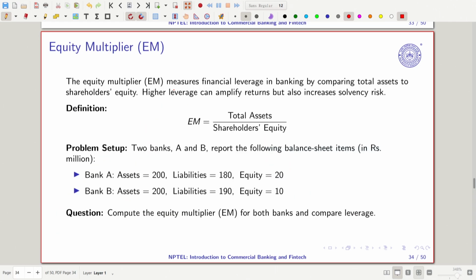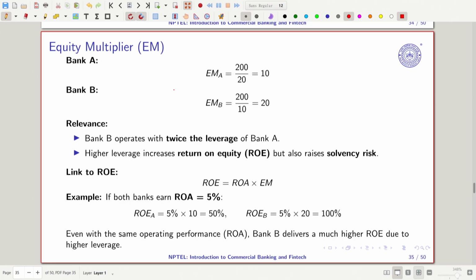So the equity multiplier measures the financial leverage in the bank by comparing total assets to shareholders' equity. Higher leverage can amplify return. So this is what we often get, and we compute it for both banks. Suppose we have bank A and bank B, and these are the balance sheet indicators. Then we can say that bank A has 10 and bank B has 20, which means that bank B is more leveraged than bank A, because it is banking more on the assets